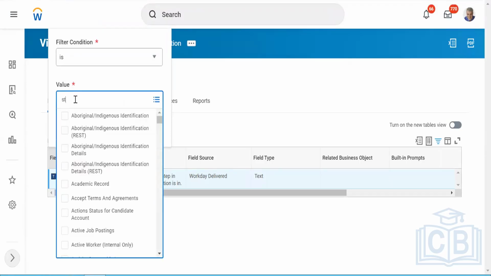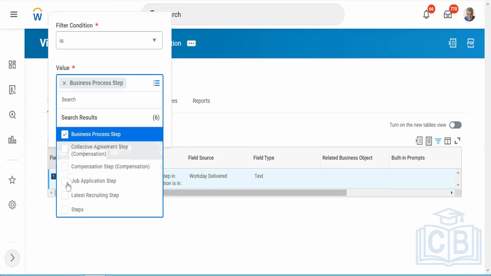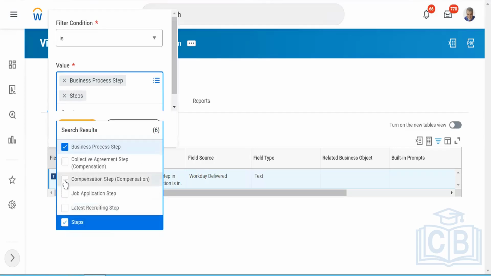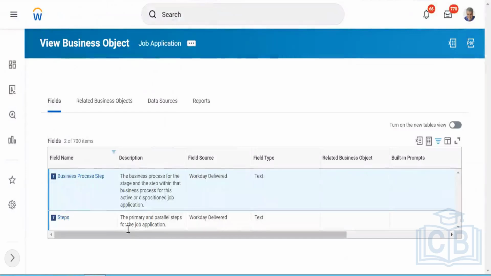Let me add step. Business process steps. Business process steps, and then there are steps, the last one. Steps. Right. So we can add a filter and then try to see what this is. Both are text. Now, which means it is getting updated, right? The business process for which the stage and the step within that business process for this active or